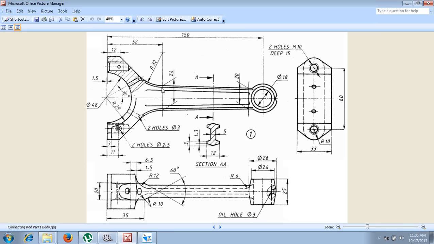The length of this line on both sides is 24 mm. It has to be distributed 12 mm here, 12 mm here. Now connecting from here, we have a radius of 32 whose center is on the 24 mm line itself. This 24 mm line is standing 52 mm in front of this line, which is already 1.5 mm offset. So this is the distance of that one. Now let me show you how to create all these things.